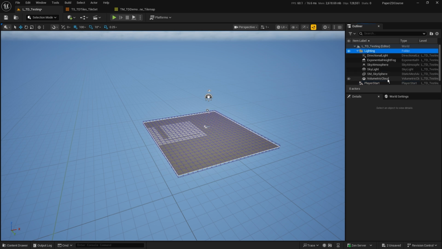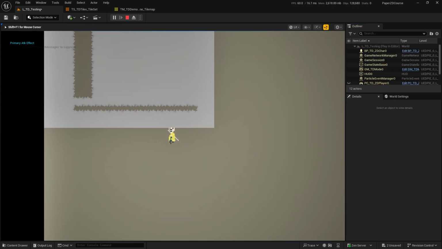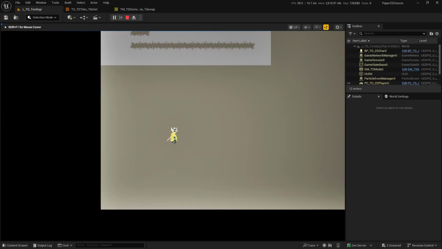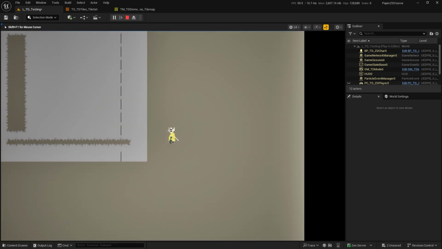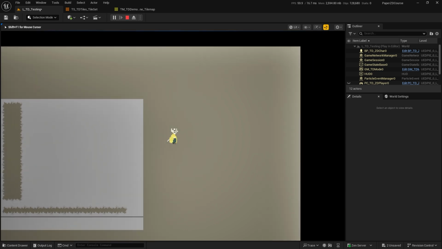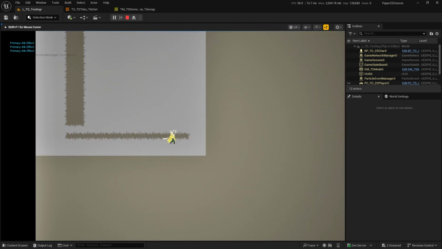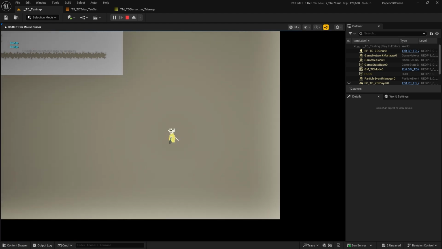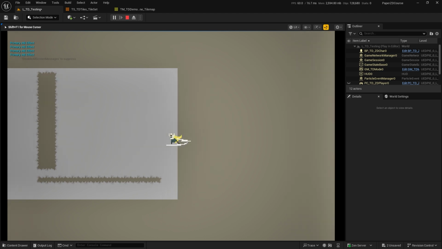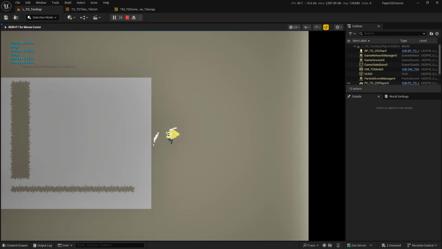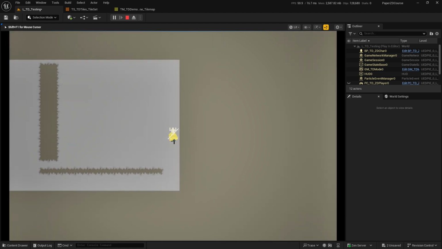And what else do we need to do? Well, let's get rid of the whole of this lighting folder and press play to see what this looks like. There we go. So our character, because they're using gravity to fall down on this, can walk along on that collision surface. Yes, there's still a little bit of a clipping issue with the tile sets, and that's something we'll deal with in the conditioning later on. But my character can move around on this. I can press spacebar to do my little dashing abilities, and they can attack in all their different directions. Perfect. Okay, so that's going to get you started, hopefully, on making a very simple tile map